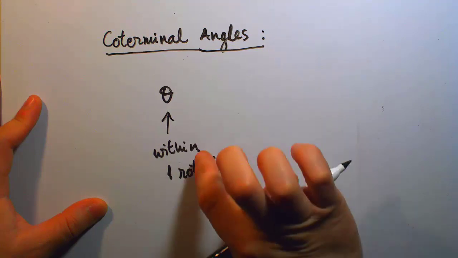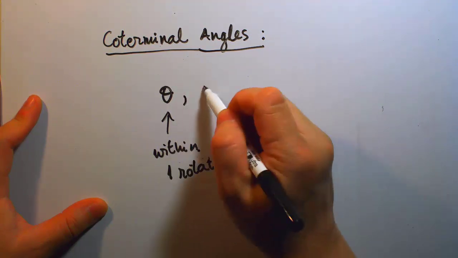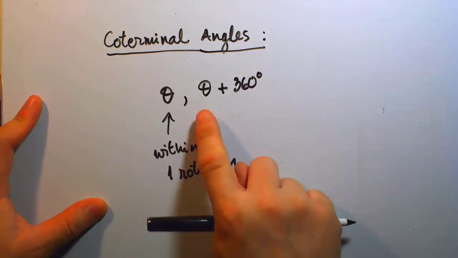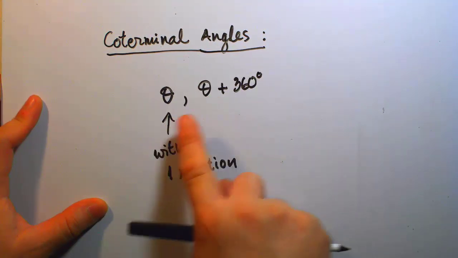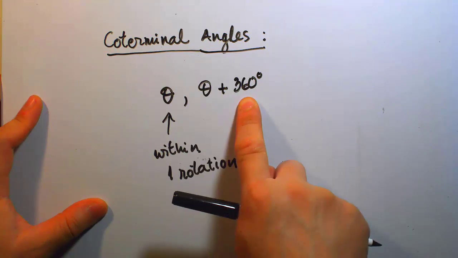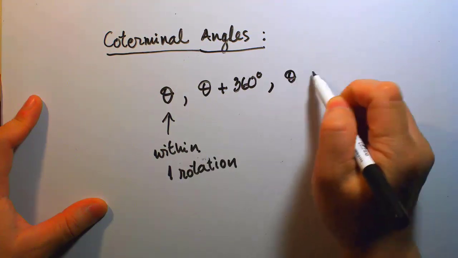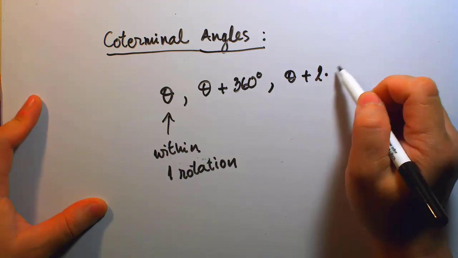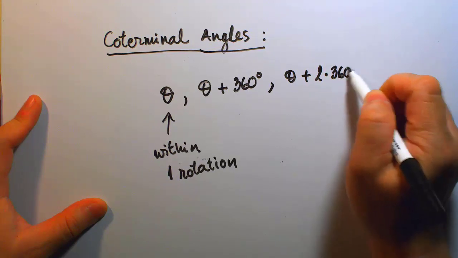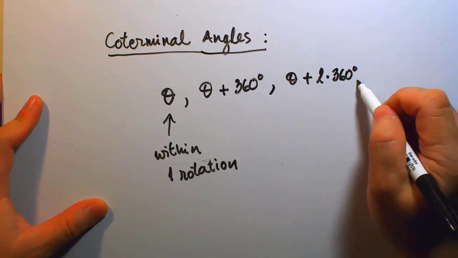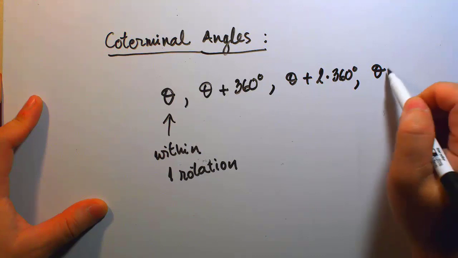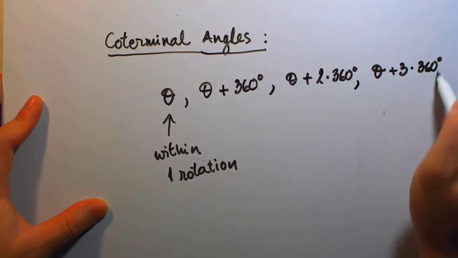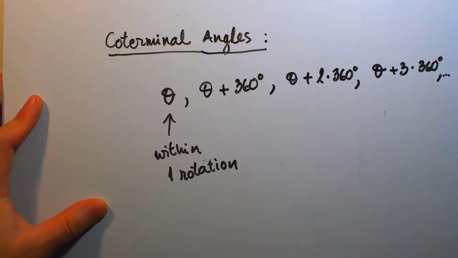Then you can make a theta plus 360 to indicate the same angle, but they are one complete rotation additional. And then we can have a theta plus 2 rotations. So measurements wise, it's 2 times 360. And then we can make another theta plus 3 times of the complete cycle, and etc. Or in radians, we can go